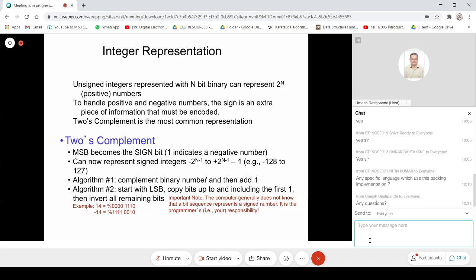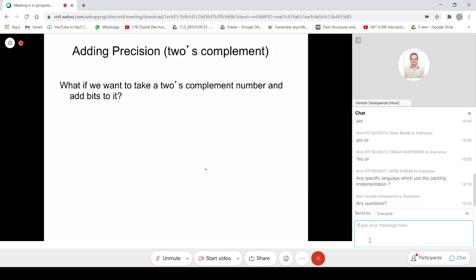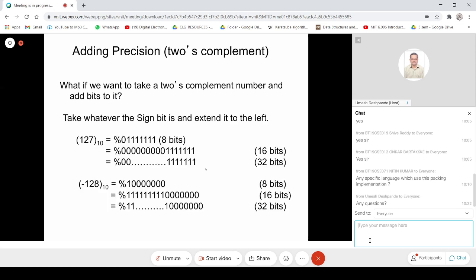Right. Now let's take the case that suppose we want to represent a longer version of an integer. So we will take the 2's complement number and we will extend it. For example, say our integer is 8 bits, just for the sake of explanation here. And suppose now I want to have a 16-bit representation for an integer. So what we need to do is something that we will be discussing out here.